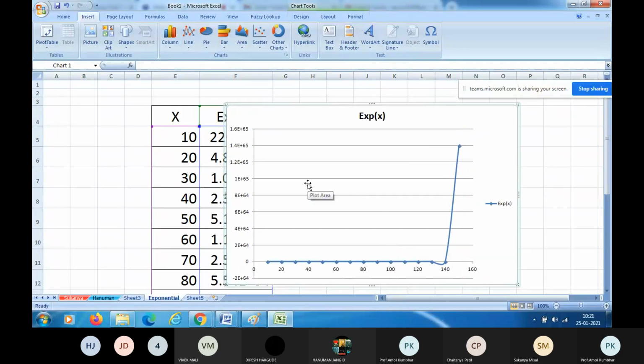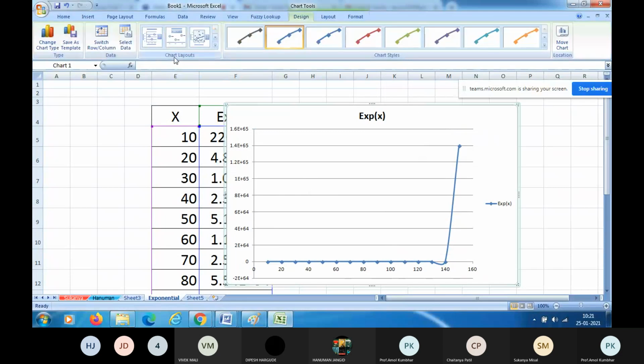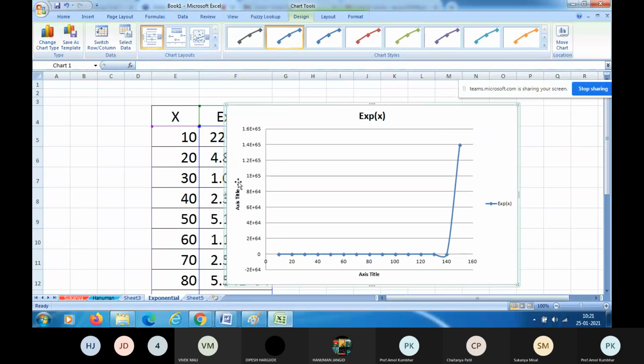Now this graph does not have title, does not have X label, does not have Y label. Once again, double left click of the mouse on this graph will create a chart layout on your screen. First, layout number 1, select. You will have axis title for the y-axis, axis title for the x-axis, and chart title, and it is our exponential of x versus x.